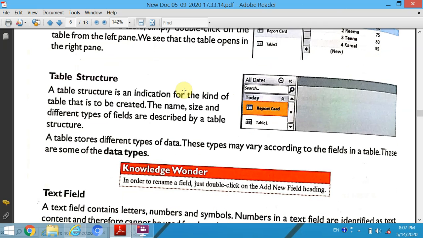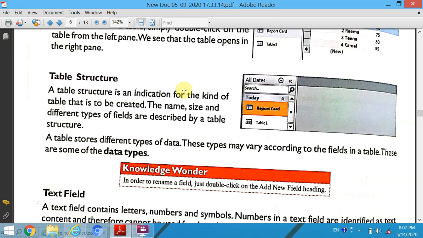Next, table structure. A table structure is an indication of the kind of table that is to be created. The name, size and different types of fields are described by a table structure. A table stores different types of data.